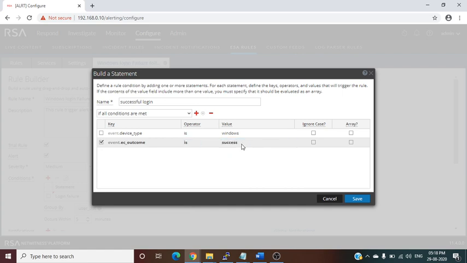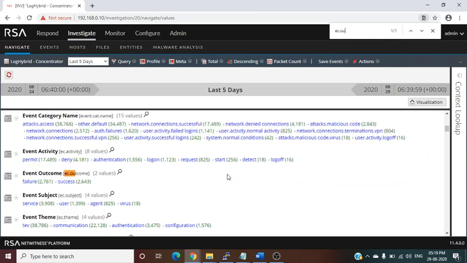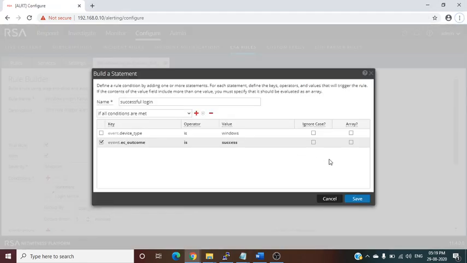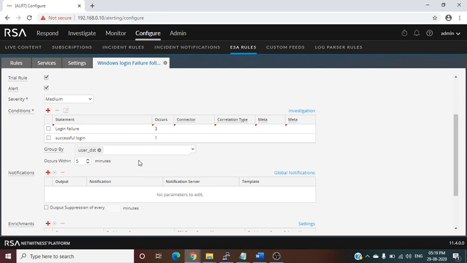Okay, you can use the same name, which must be there. EC success, here the same name should be. Okay, now click on save. Now user.group by user.dst means the same user, the same user got three-time login failure, and the next time got a successful login. Now we will join these two conditions